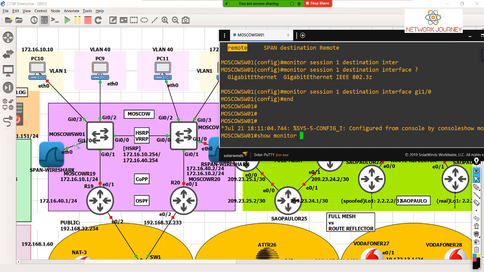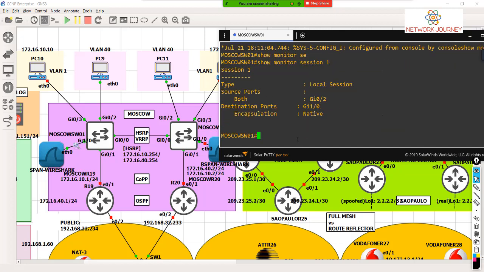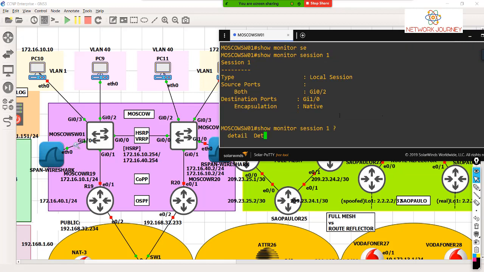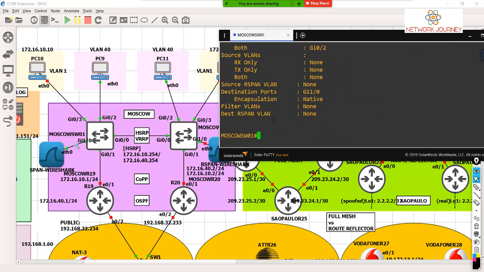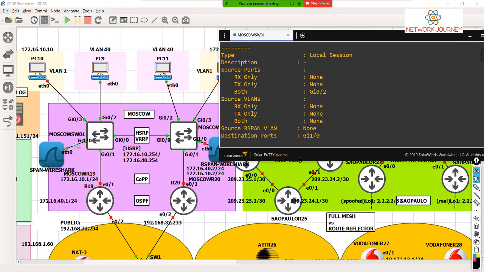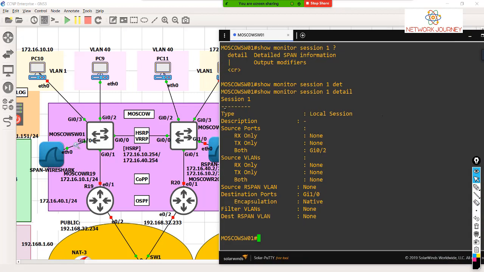And if you go with show monitor session 1, you can see now the session is up. You can go with detailed. You can see exactly what you are trying to capture. So it's a local session. It's not a remote session. You can give a description saying that